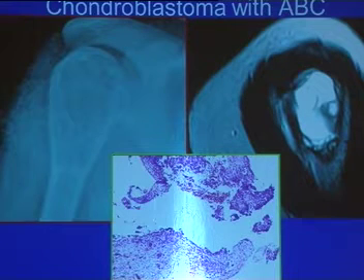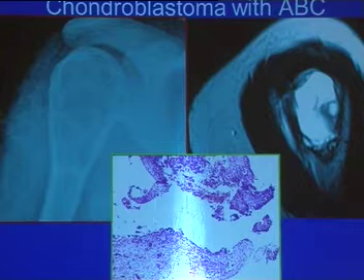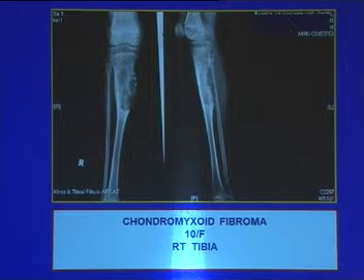Several of these tumors can be associated with an ABC component, and chondroblastoma is one of them. You can see the ABC component highlighted over here, and in addition we have the chondroblastoma on histology as well. The message for the junior members of the audience is, if you see an ABC-like tumor, one should always try and see the big picture, just to make sure that there isn't another pre-existing primary lesion.